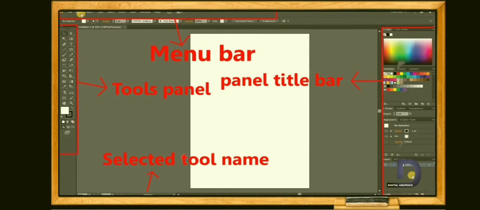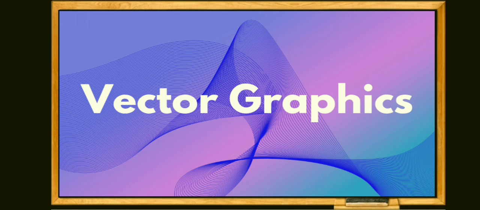This is the figure of Adobe Illustrator. We have the menu bar, the tools panel, the file title bar, and the selected tool name. Okay, if you are creating in Adobe Illustrator with vector graphics. Now, speaking of vector graphics,